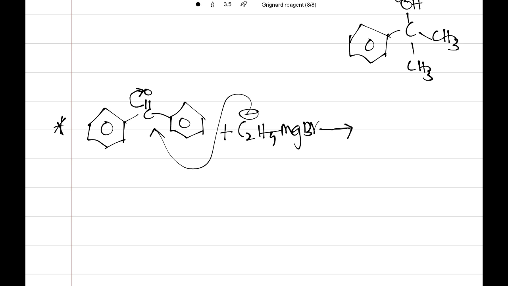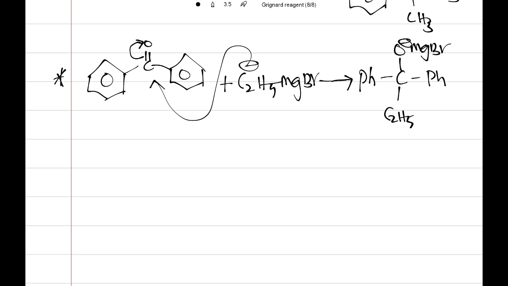Instead of this benzene ring I am writing Ph. Now both are the same. Now Ph, single bond C, single bond O minus with the MgBr, and downside it is the C2H5, and the other side it is Ph. Now on hydrolysis, we can get the tertiary alcohol,